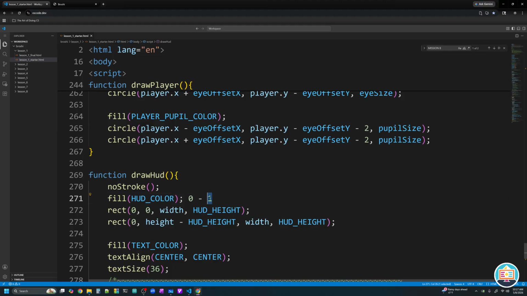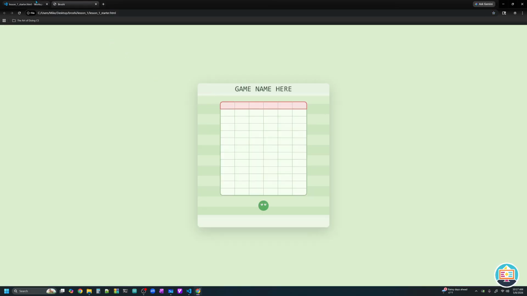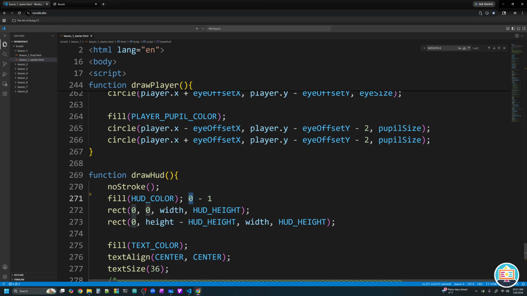If the number is 1, it means the color is not transparent at all. You won't see behind it at all. If the color is 0, it means it will be fully transparent. You're going to see completely behind it. Our color has a transparency of 0.55, which means we will be able to see slightly behind our HUD. And that's exactly what I want for a heads-up display, because then I use the rect function to draw some